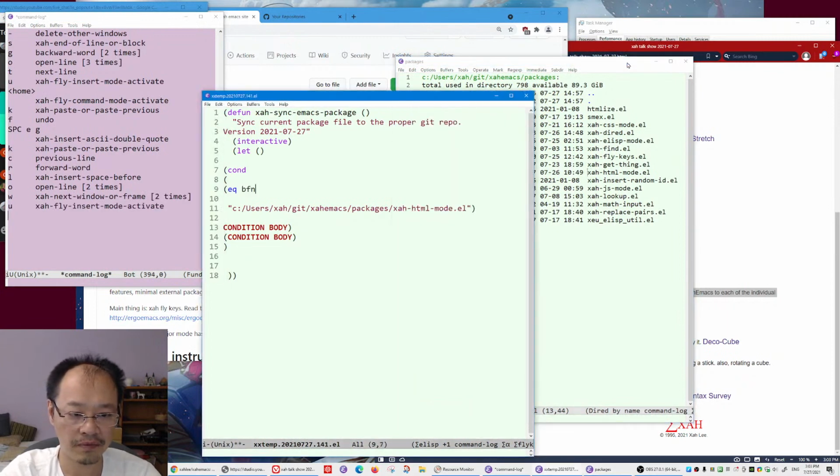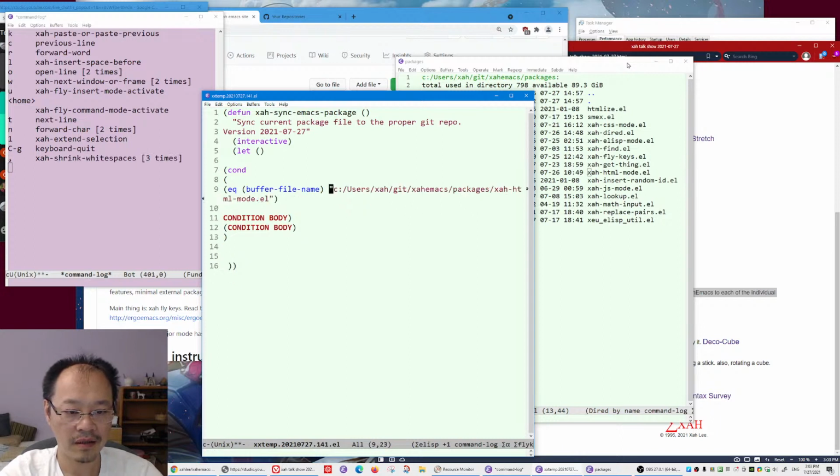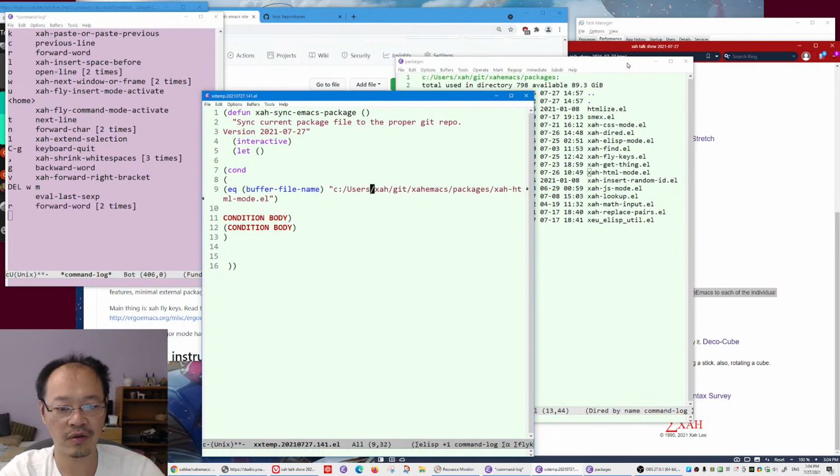Buffer file name. So if the current file I'm working on is of this path, okay? Yeah, so buffer file name. So let's try that. Yeah, full file, full path. Okay, so the current, if it's equal to that, then